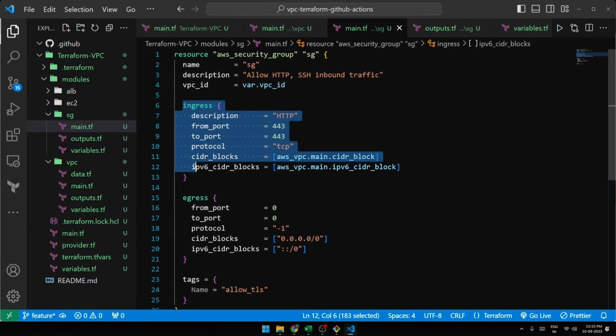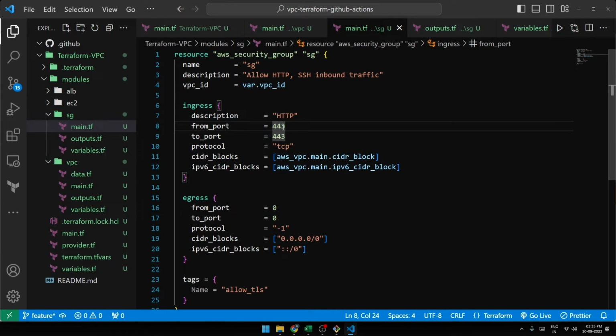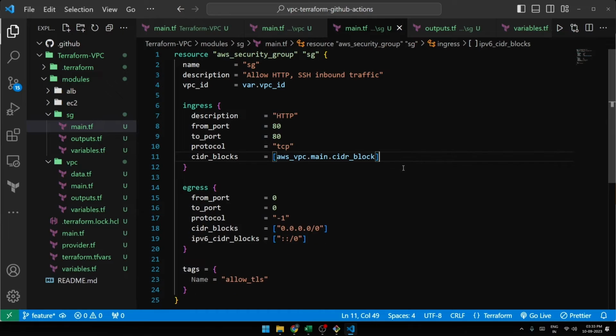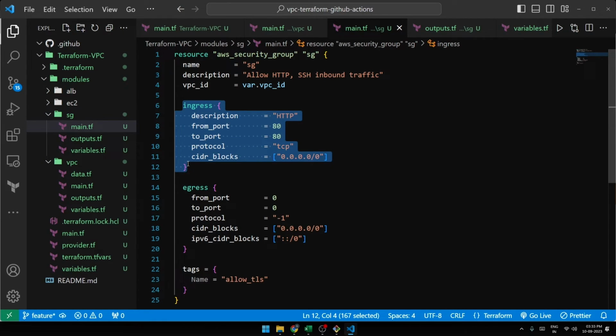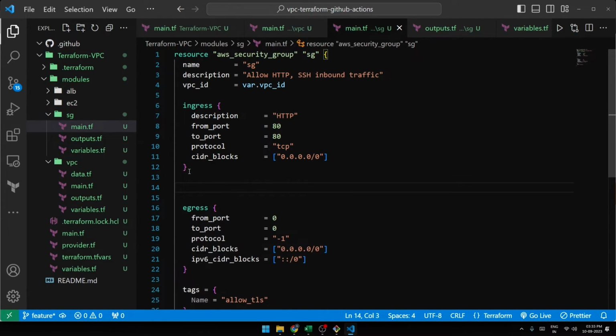Okay, so simply what I'll do is I'll be mentioning the port over here as 80. Again, it should be 80. Okay, I will be removing this, and the CIDR block that I want to mention is for the public access, so I will be just mentioning this one, right? Then after this, since I want to define an ingress rule for SSH as well, I'll just copy